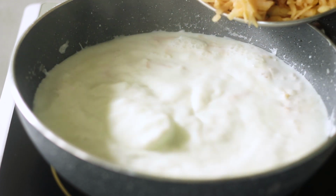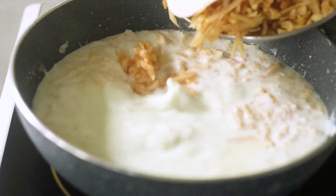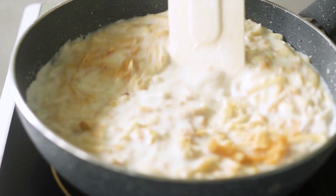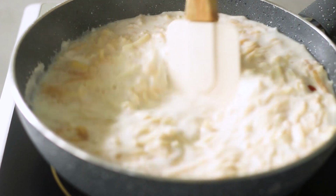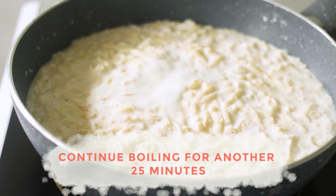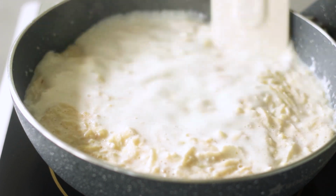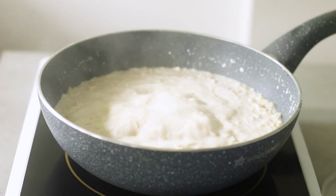After 15 minutes of boiling the milk, we're going to add some grated apples. Again, it's the very same procedure as we did for the kheer. The only difference is that for the kheer, we cooked it for a total of about 25 minutes or so, but here it's more than double, which completely evaporates the milk and just makes it nice and dense and creamy. You'll see the end result, but let's just go step by step. Now, after adding the grated apples, we are going to boil this for another 25 minutes. So we are looking at a total of 40 minutes of boiling this milk from start till we add the